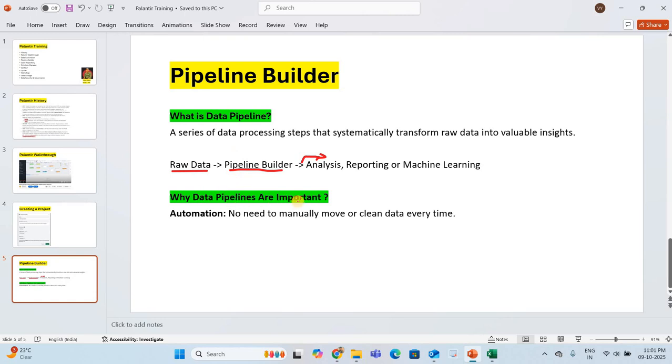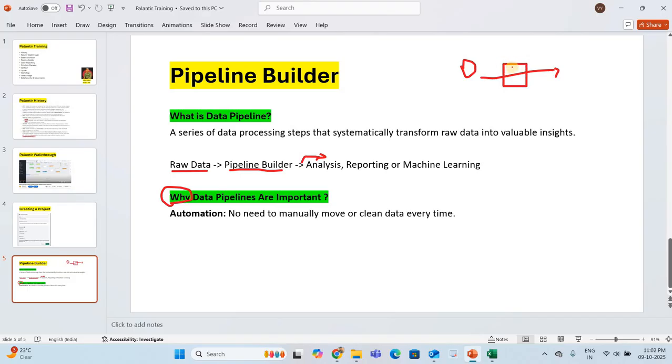So why are data pipelines important? Because we should know why this is happening. Automation: there is no need to manually move or clean data every time. Suppose there is input data coming from Azure or AWS and going through a process. Again and again manual effort would be needed for that. So in between, we create a process.